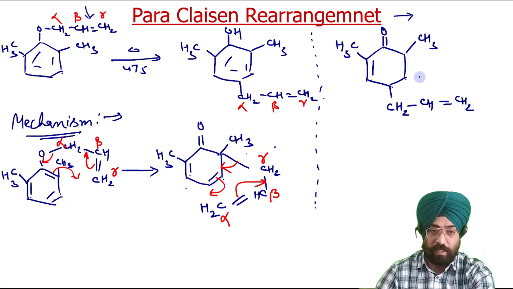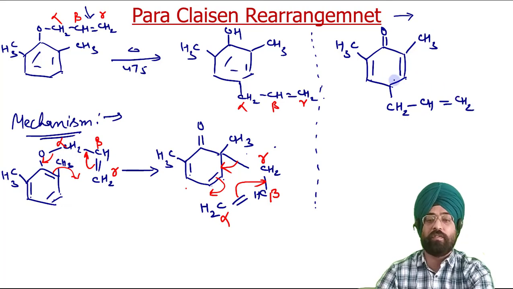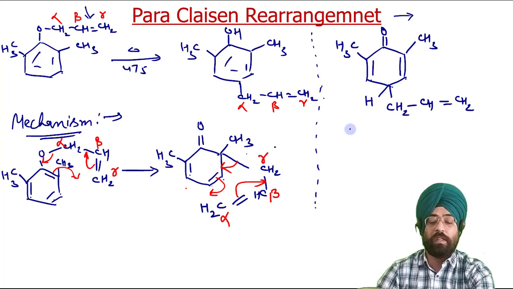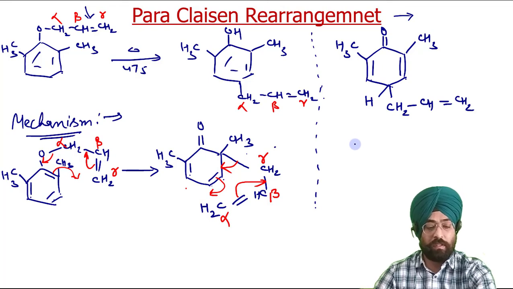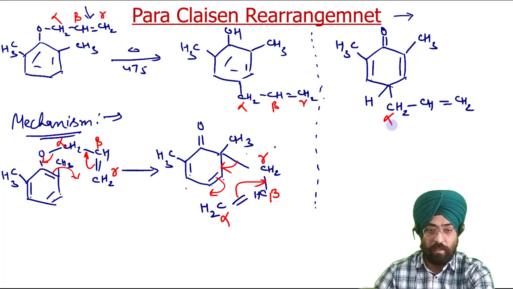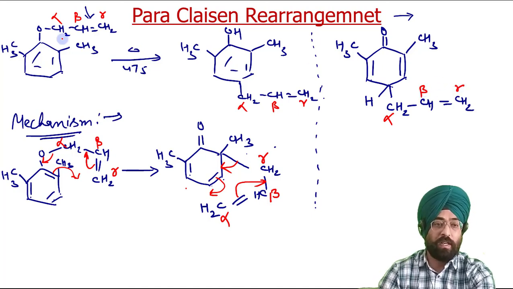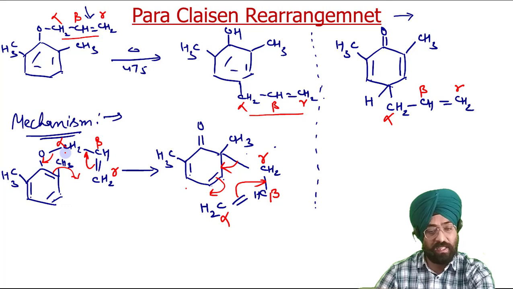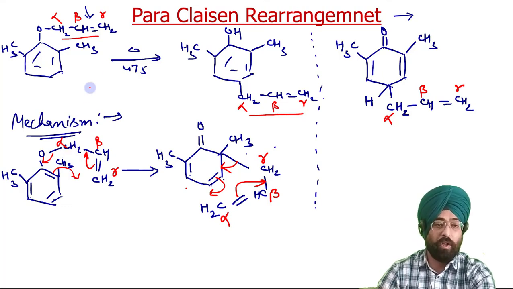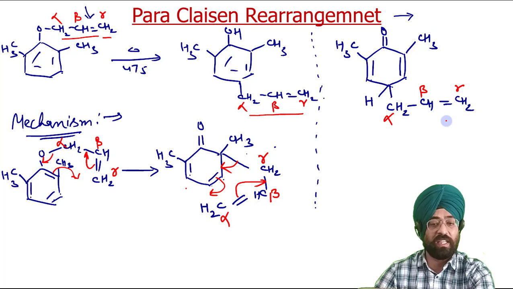This bond has been cleaved, so this bond has been shifted here. So we have got this, and here we have hydrogen. Now let us see the positions. This is alpha, this is beta, and this is gamma. You can see that we started from alpha beta gamma and it gets attached in the same order because two inversions have taken place. First it has inverted from this to this, gamma beta alpha, and when it shifted again, it went back to alpha beta gamma. So from this position to para position, overall there is no inversion.